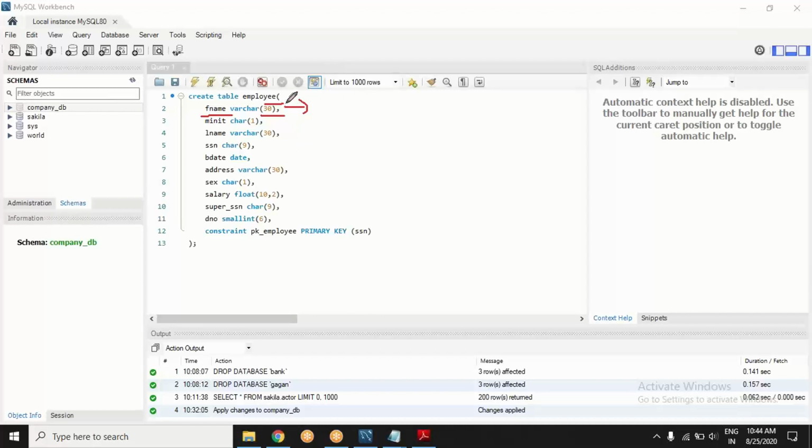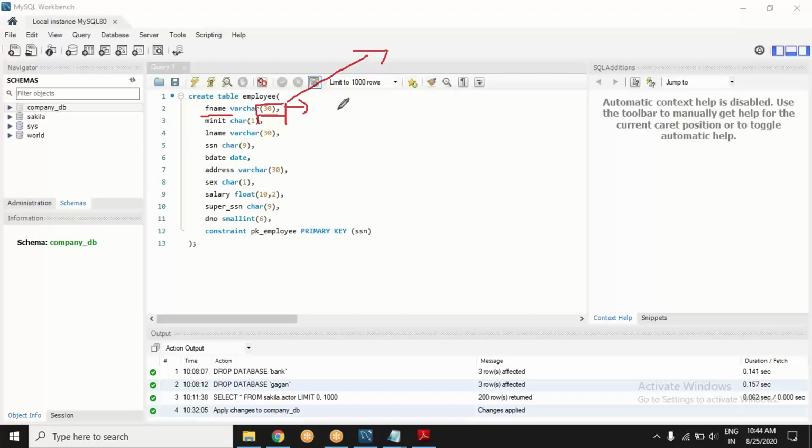It can be shorter too. I think that is sufficient. I don't think any first name will go beyond the length of 30. But at the same time, it is not a mandate that it should always be length 30.